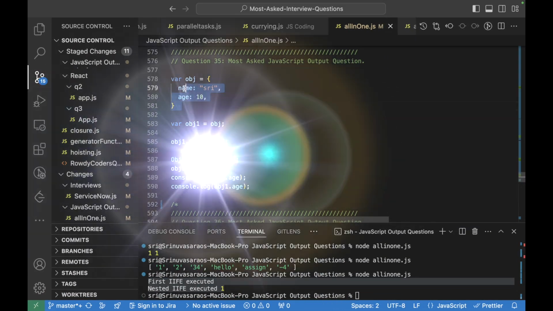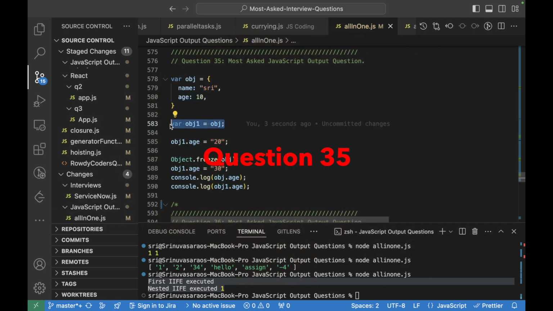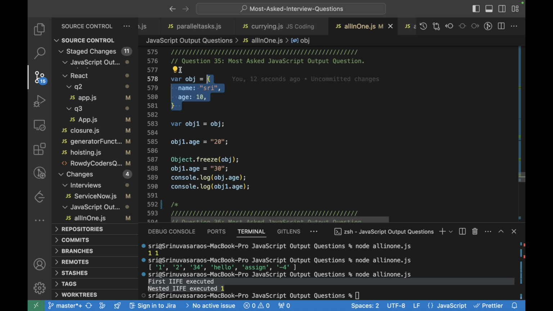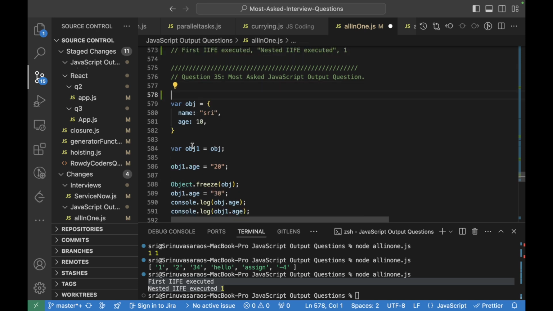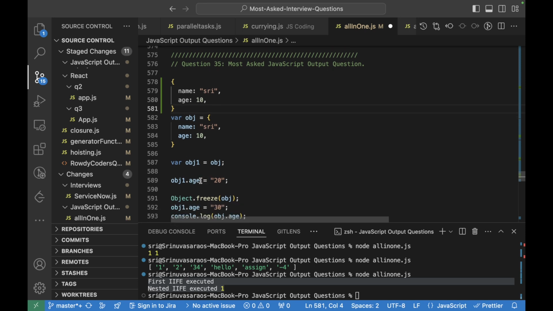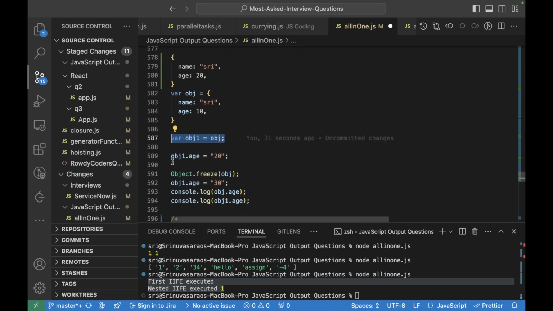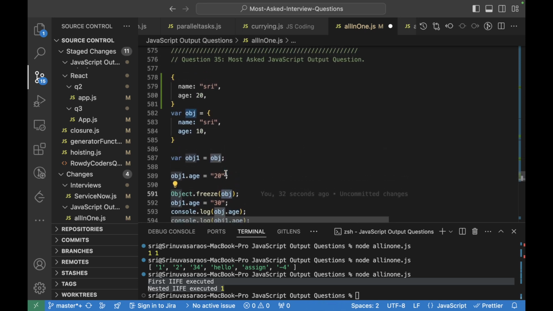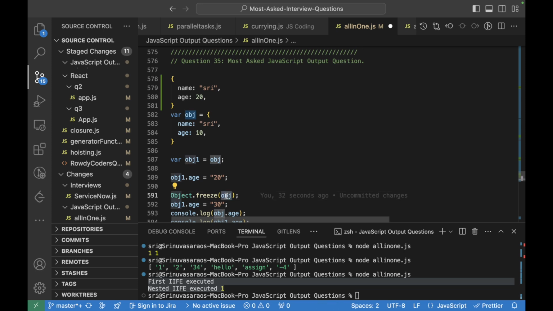So here we have this object, and this object is being assigned to object1, and in object1 we are changing a value to 20. Okay, so now both object1 and object will be this only, and here we are changing object1 dot it to 20, which means object and object1 will both be changed because both of these references are the same here, and we are freezing this object, which means we are freezing that particular reference location.